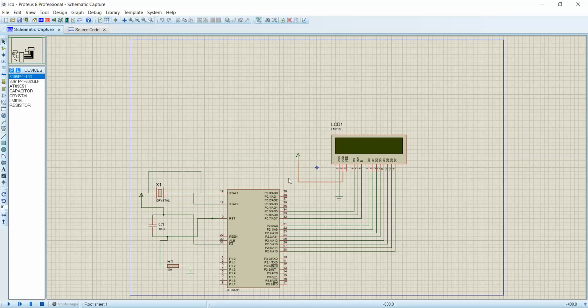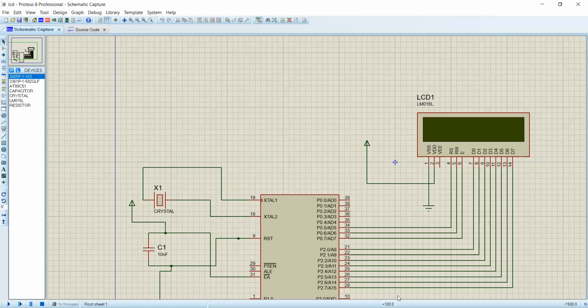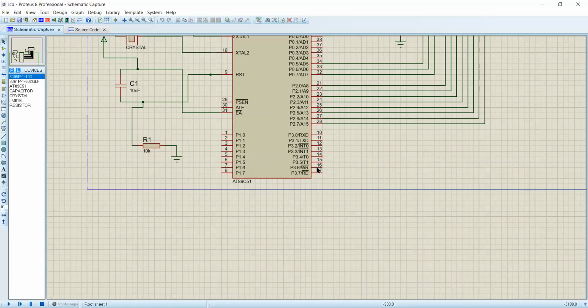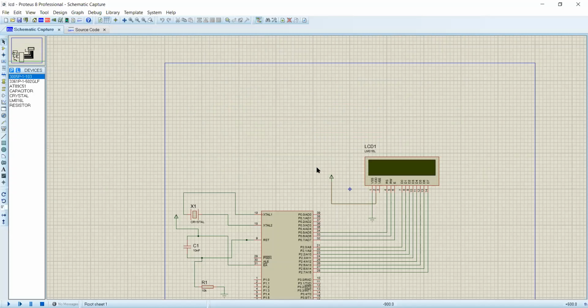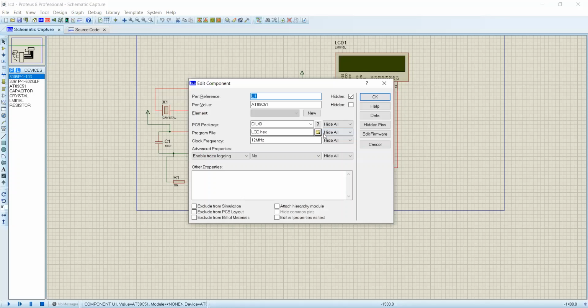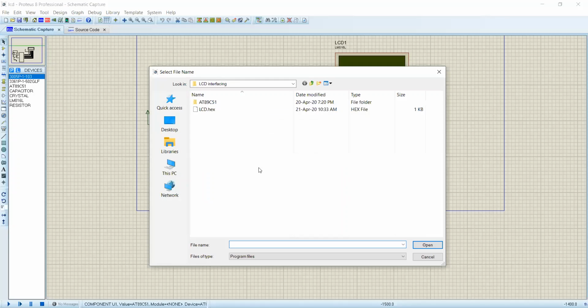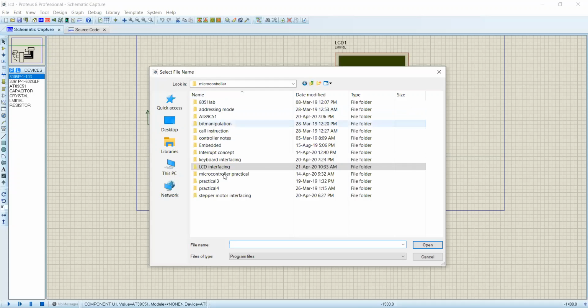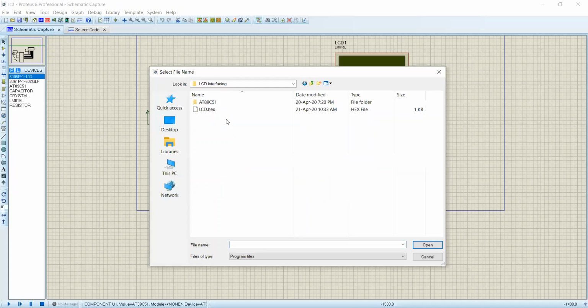Or not clear? Or sleeping? Sleeping. So I'm putting a hex file.